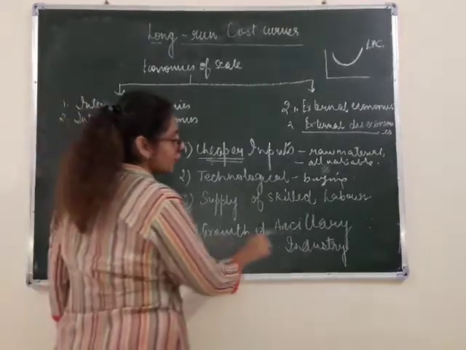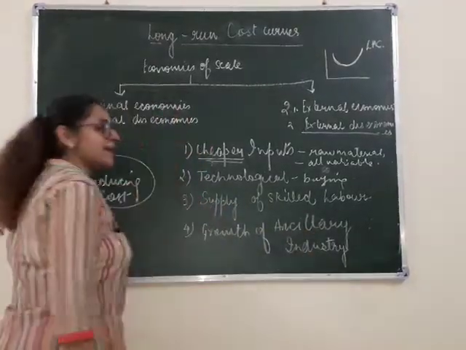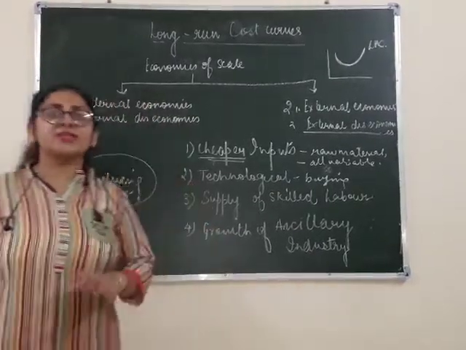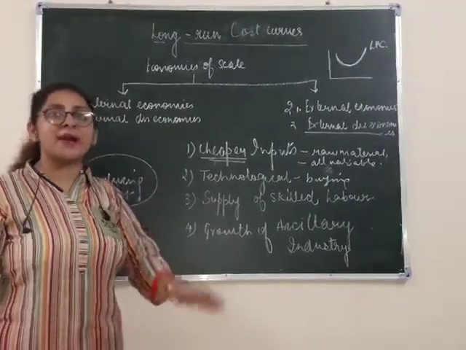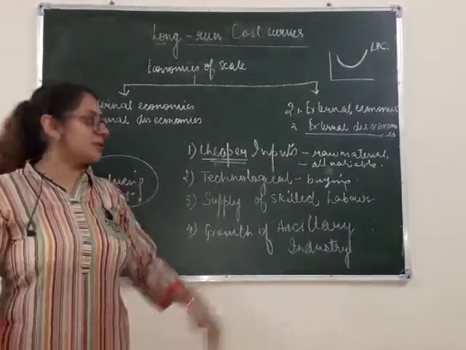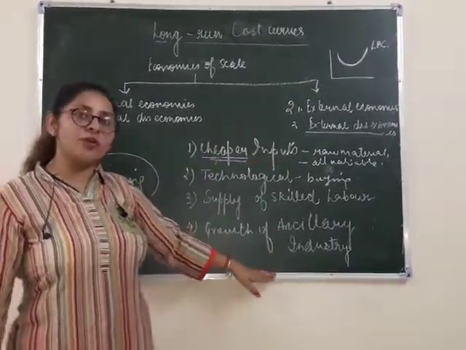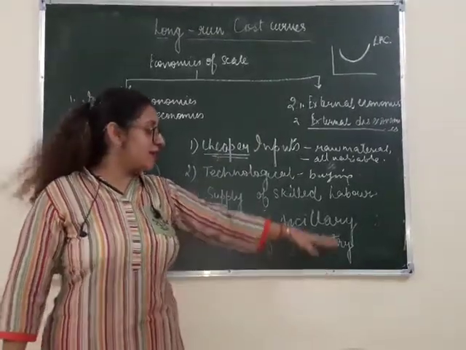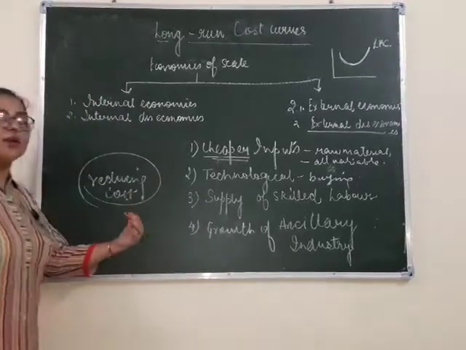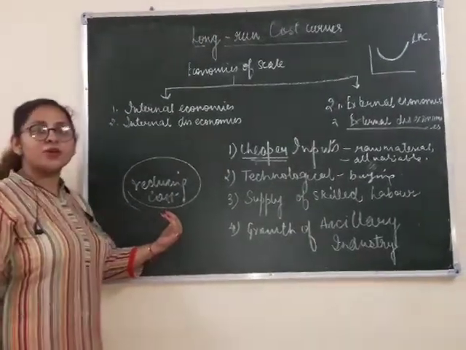And the fourth is growth of ancillary industries. Ancillary industry means your spare parts industries, the industries related to the spare parts and all that a company needs for production. So if this is also available and the company is using these industries for its benefit, it will also help in reducing the cost. Clear everyone? Now we will see you in the next